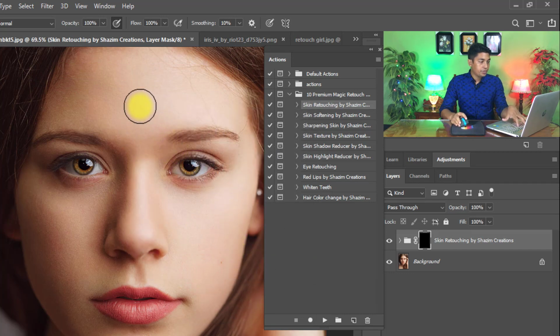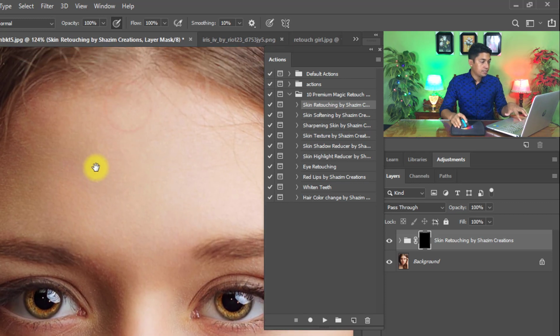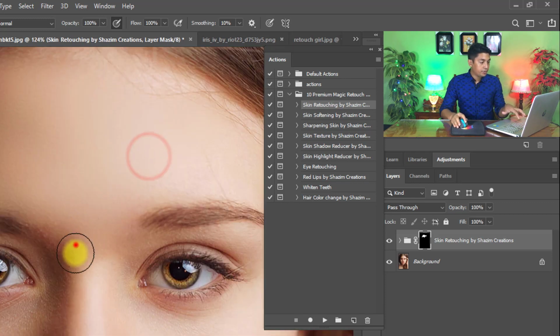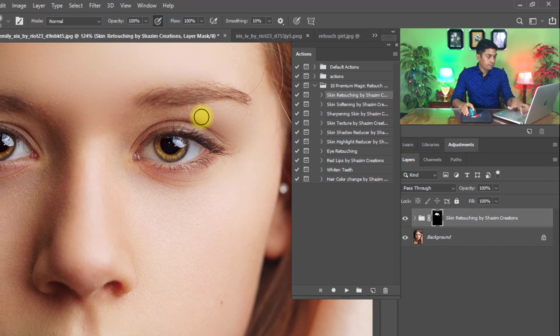Decrease the brush point. Zoom in on your image and now paint over your skin for skin retouching. You can decrease or increase the opacity from here, opacity and flow.